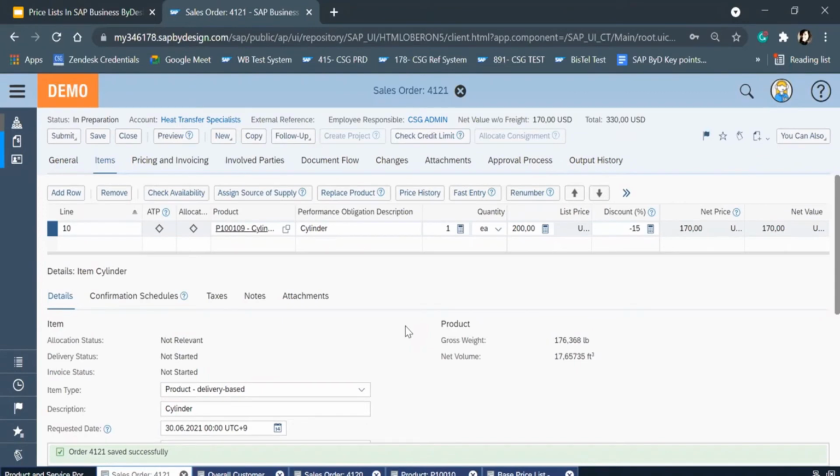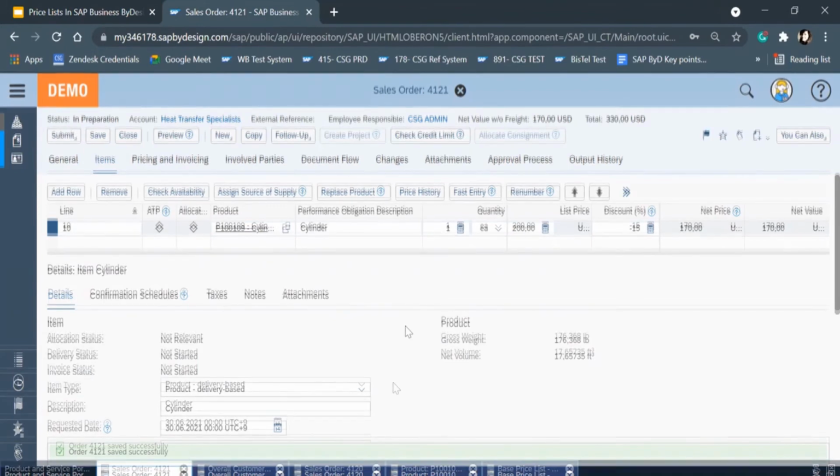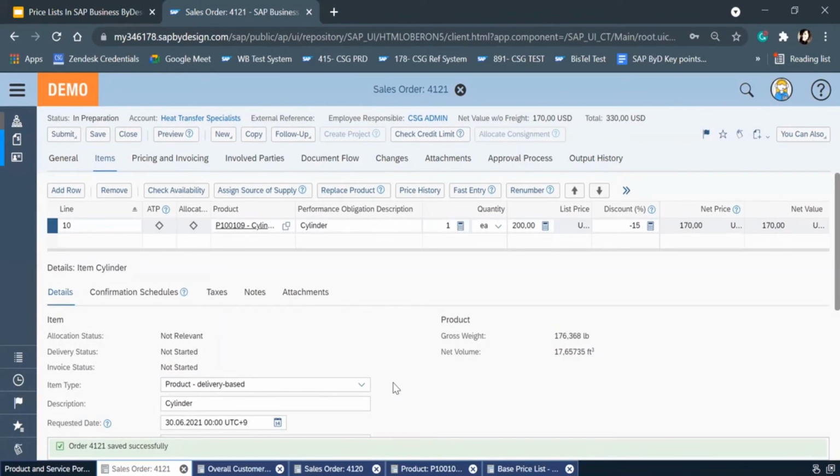Yeah, Priyanka. I'm Hari Krishna. I have one query. Let's say we have multiple types of price lists: company specific price list, customer specific price list, or a base price list. If we are maintaining multiple price lists, then how would the system determine which one needs to be picked? Let's say if I have maintained more than one price list, how will the system determine the priority? I have another question.